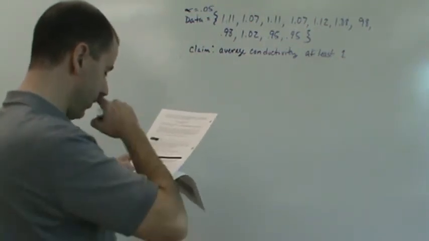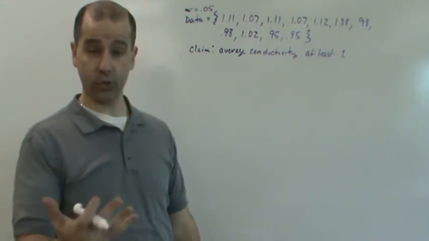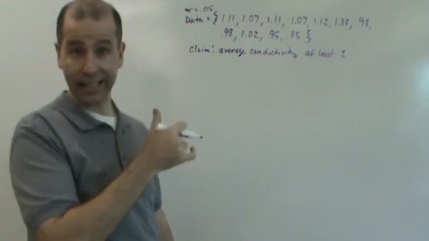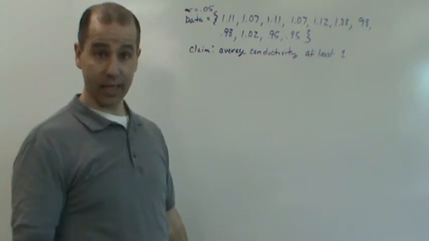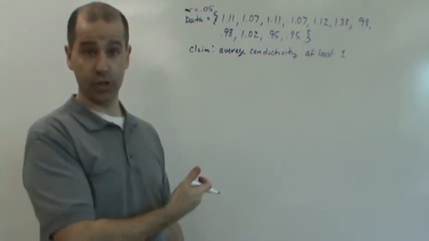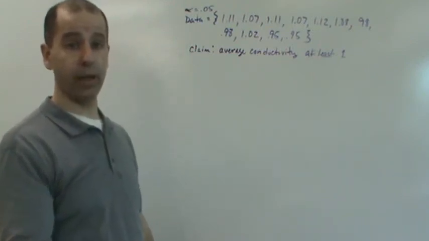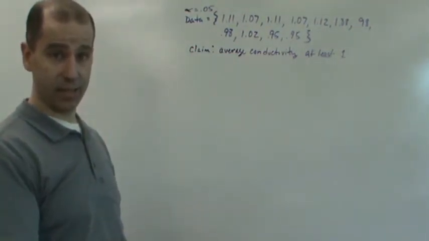Okay. Now here's the thing. We don't know sigma, so we have to use a t-distribution here. So that's one thing we want to make sure we see. If we were given sigma here, then we would use a z-distribution because the population is normal, even though we have a small sample size. But since we don't know sigma and we have to use s as an estimate for sigma,